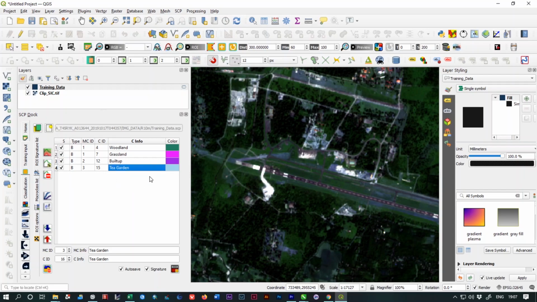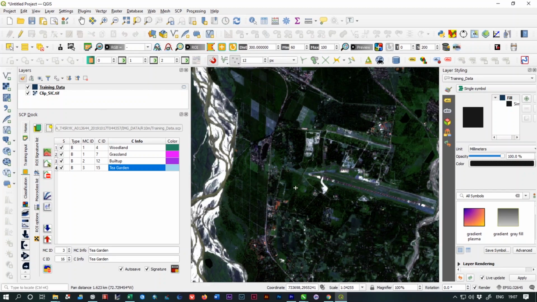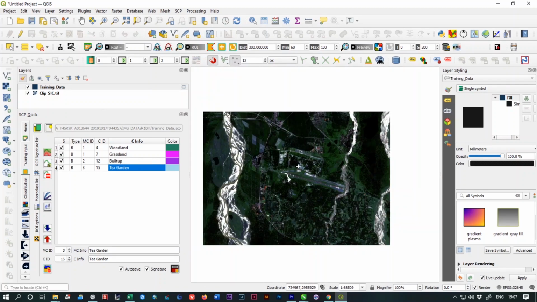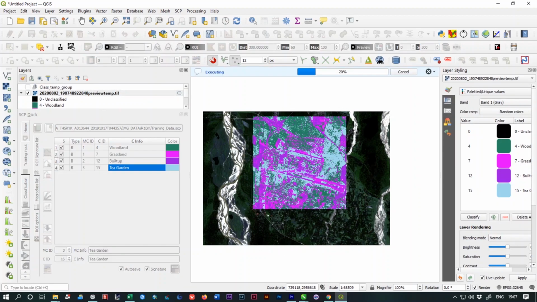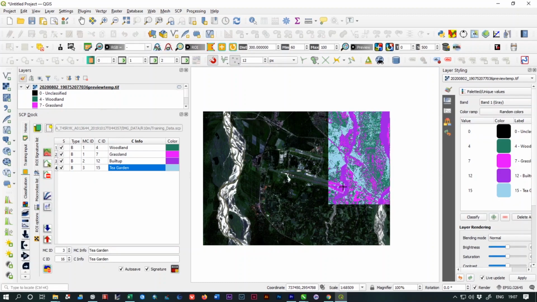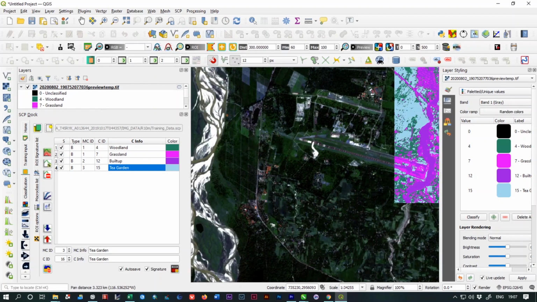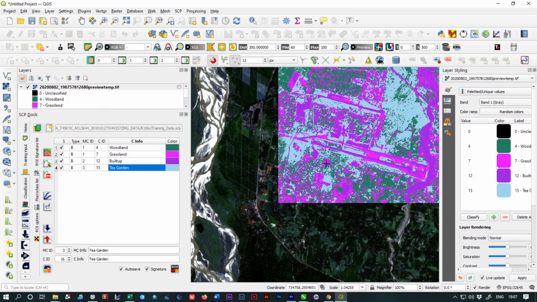Okay, now if you want to view the supervised image classification area, just check the preview option and select this active classification preview pointer and increase the size. S represents size, let's say 500 pixels, and click over any area. See, woodlands are represented very well, and also urban areas as well.